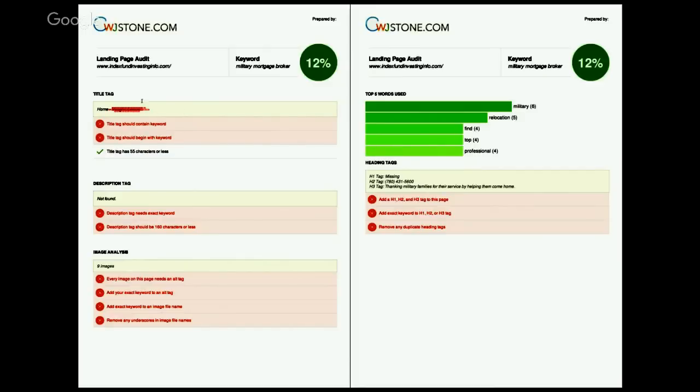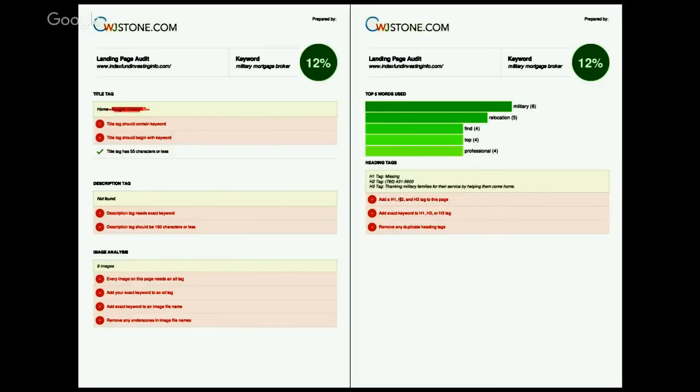So you've got to make sure that your title tags are structured correctly. The description tag is additional information about those keywords that you're sending to Google. So this is your ability to add the rest of those keywords on your website and tell Google, here are the different keywords that I want to rank my website for. Then you also have what are called heading tags, and every section of your website has a heading tag that goes along with it. You want to make sure that your keyword is listed in the heading tag for each